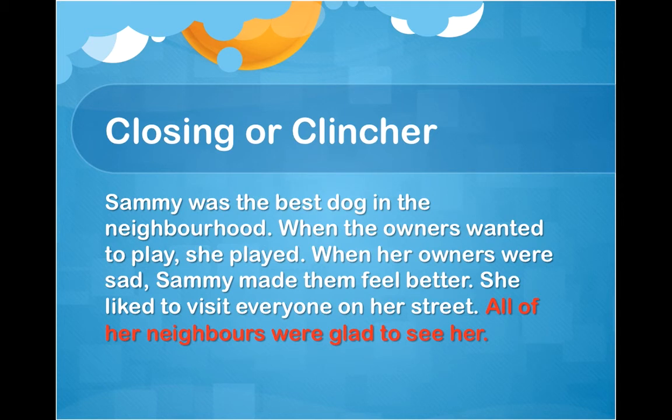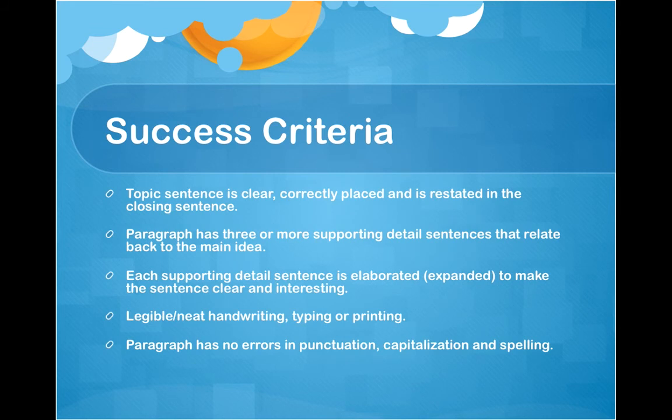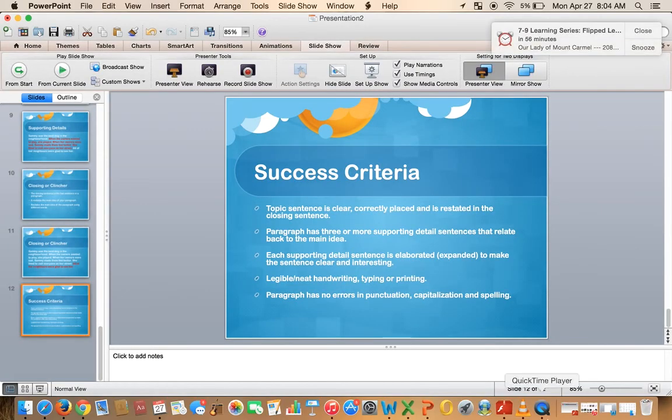But of course, it's really going to take some work to get a good idea on how to put those clinchers together for us. So I'm not going to go over in too much detail the success criteria, and mainly because what you're going to get is